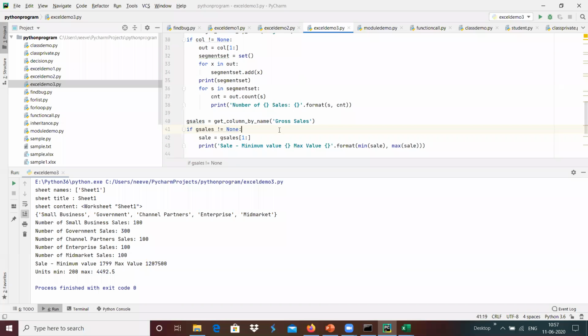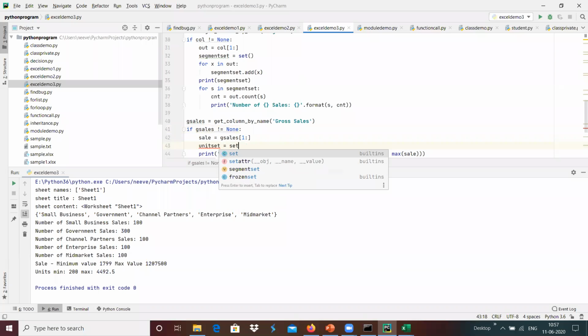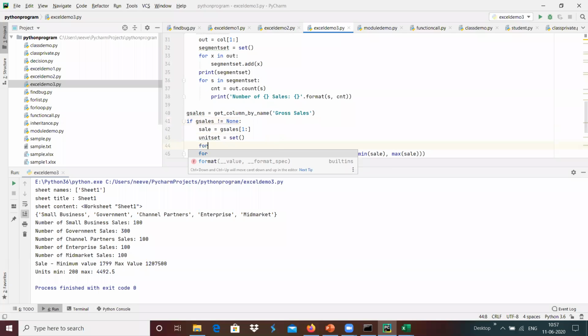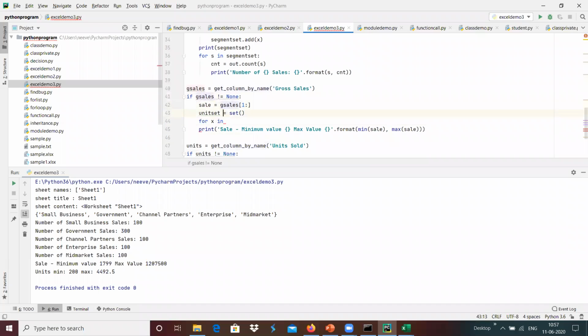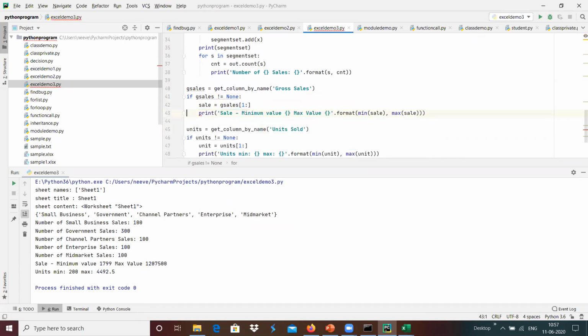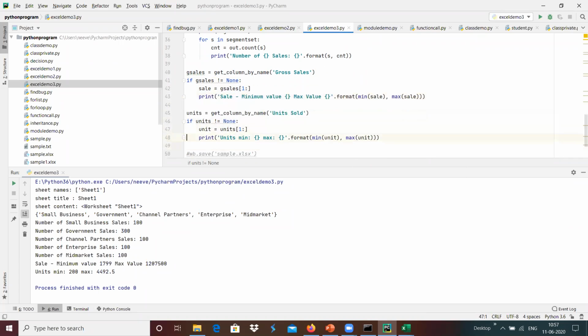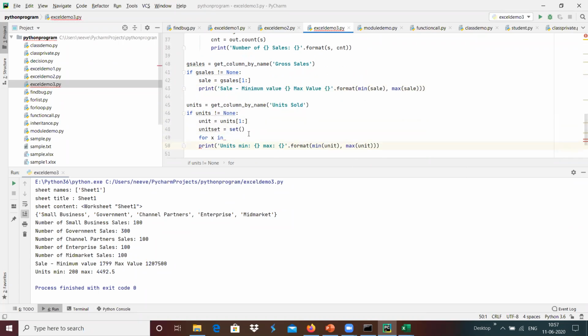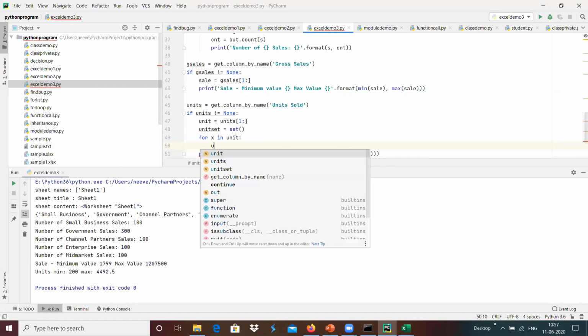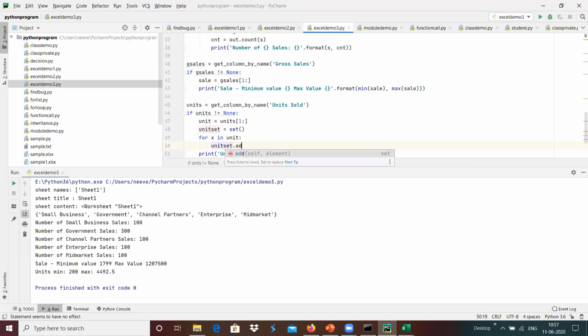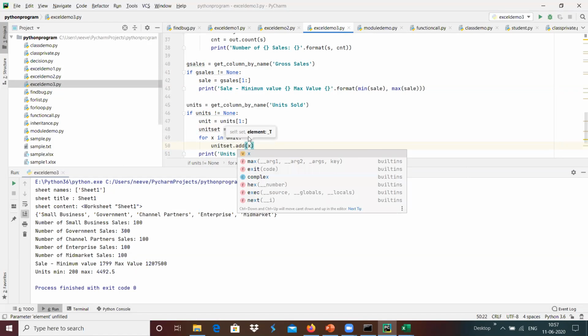For example, I'm going to make a unit set over here equals set function, and once it is done, for x in something like sale, sorry, not sale, we need to do this in the unit. Yeah, for x in unit over here, and I'm going to do unit set dot add, and the element is x over here.